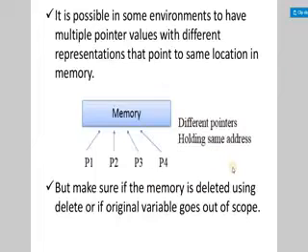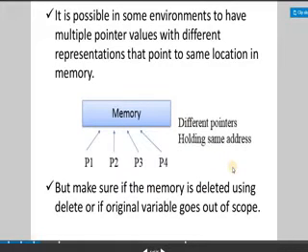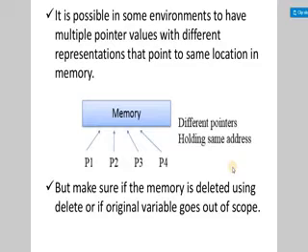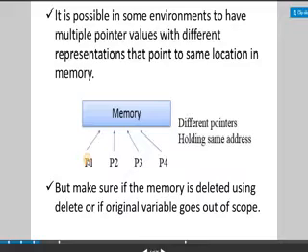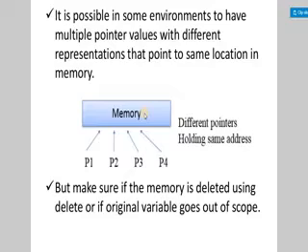Now it may happen that a memory location can be stored in a number of different pointers. As you see here, we have declared 4 pointer variables p1, p2, p3 and p4, and all the pointer variables are indicating the same memory location. So for example, the memory location is 8050, so the value of p1 is also 8050, the value of p2 is also 8050, the value of p3 is also the same, and the value of p4 is also the same. So that may happen, that different pointer variables may indicate the same memory location.